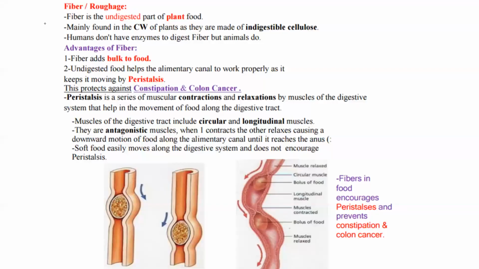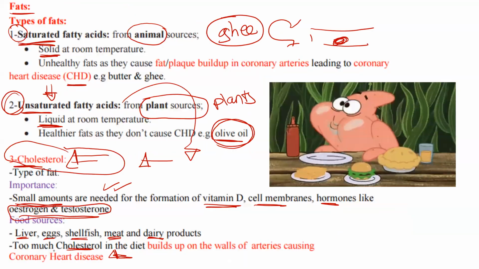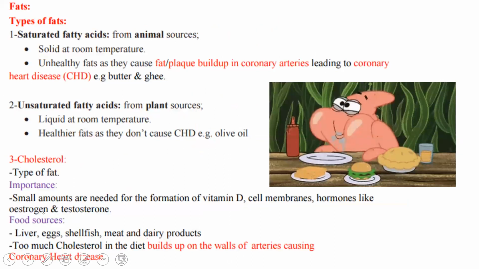Okay, let's go over it. There's nothing much to understand about it. Unfortunately, you need to memorize it. We have different types of fats. And why are they divided into several types? Because of their molecular structure. You're not required to know anything about the molecular structure, just to know their names. You have fats that come from animal sources. They're called saturated fat, like butter. You know what butter is?